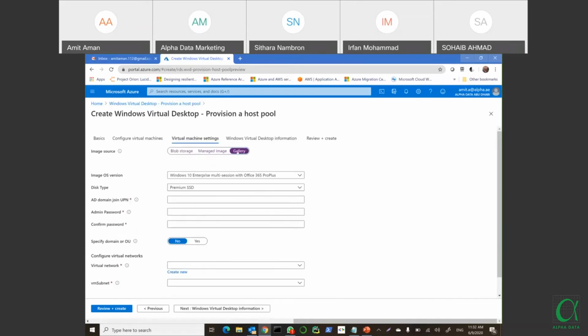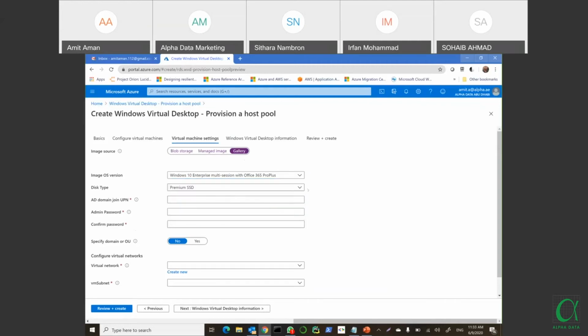The third option is gallery. This is taken from the Azure Marketplace, showing what Windows 10 images are available. If you use this drop down, you will see multiple images currently available to create your host pool: Windows 10 Enterprise multi-session, with Office 365 ProPlus, multi-session enterprise, and Datacenter are the current options.